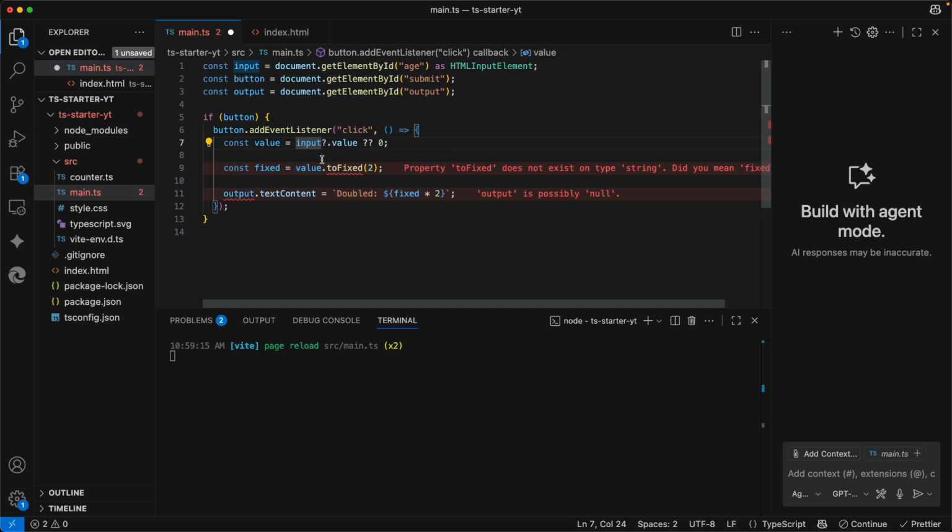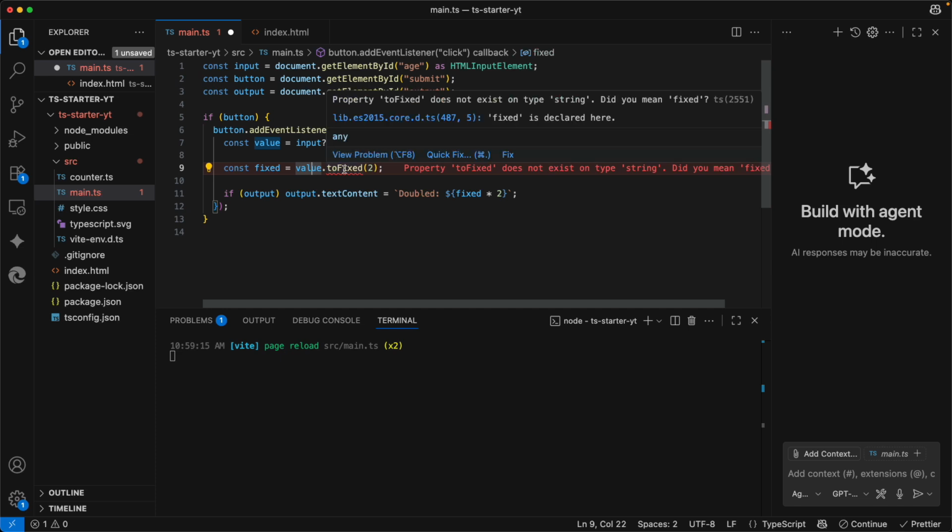Okay, so there's one more or two more errors. Here we have output is possibly null. Okay, so let's do a quick fix here. If output, then output.textContent, and then the text content with this doubled value here. So there's one error left, and this is here, this value toFixed.